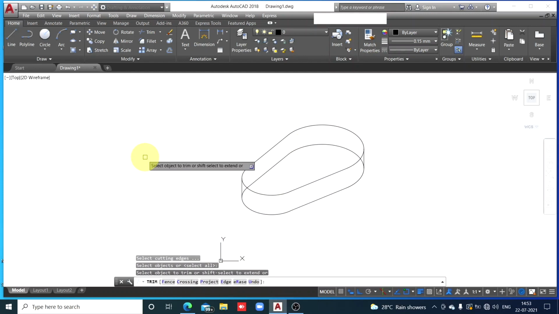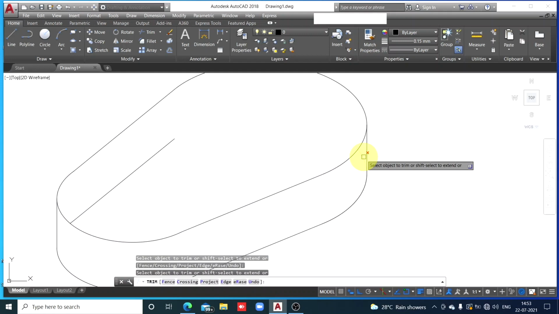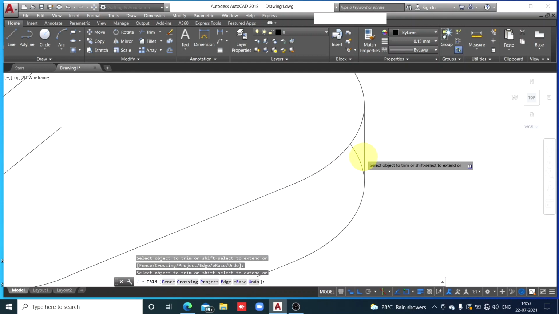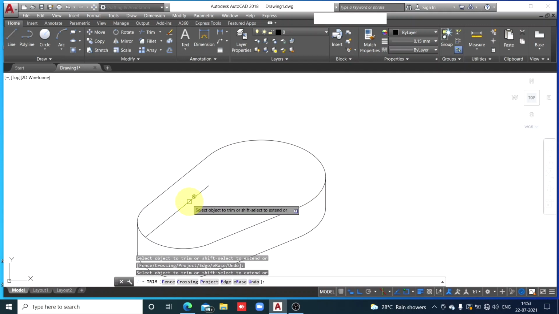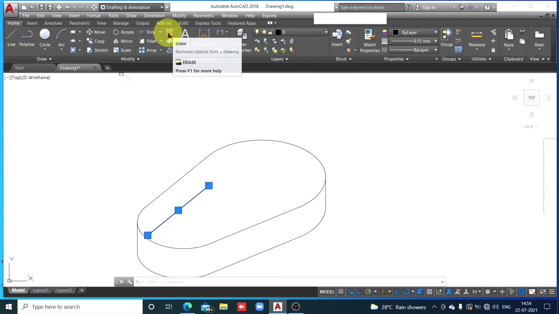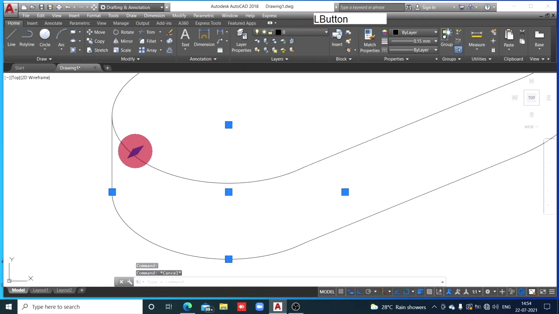We'll have to remove the hidden lines. So check here, I've removed it, remove that. Yeah. Use a mouse wheel to zoom in, zoom out. I've removed it. And now escape. This is line to be removed. So click on that or erase. And still there is some small portion is there.